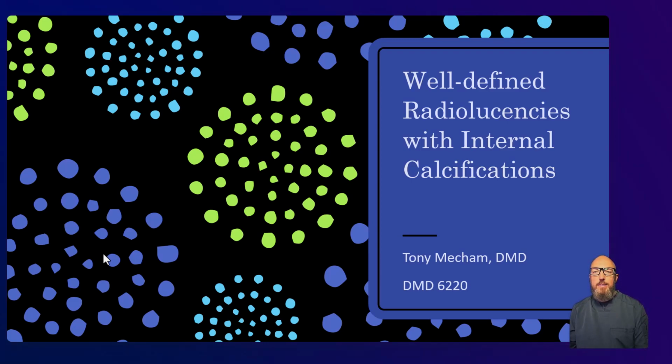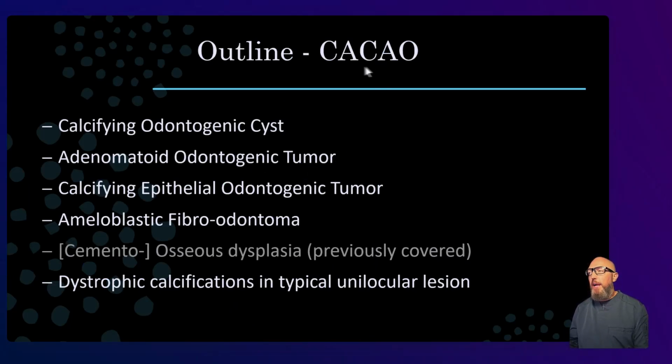This is topic 7, well-defined radiolucencies with internal calcifications. So you know the drill, get your study guide out and keep your differential diagnosis chart handy. This is the outline, also the acronym to help you remember the lesions that belong on this differential, CACAO, for calcifying odontogenic cyst, adenomatoid odontogenic tumor, calcifying epithelial odontogenic tumor, ameloblastic fibro-odontoma, and then the O is for osseous dysplasia,